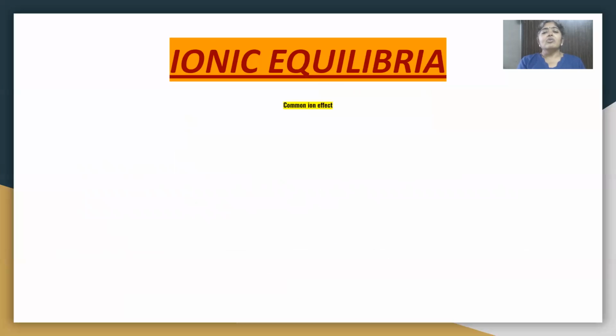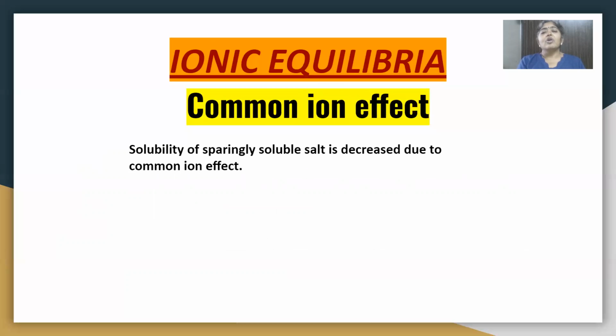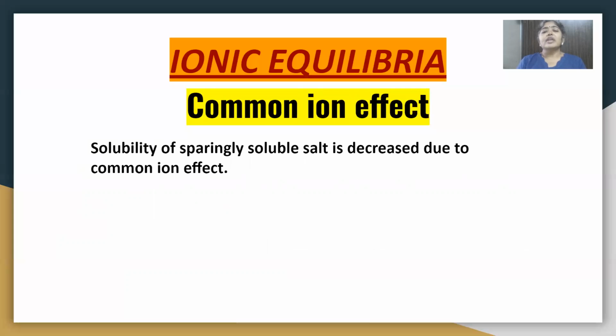Now we come to another example of the common ion effect, which can be used to study the solubility of a sparingly soluble salt. A sparingly soluble salt does not dissolve or ionize to a very great extent. Suppose you are detecting the presence of silver ions in a solution. If the salt you have taken is silver chloride, the extent to which it dissociates is going to be less, because silver chloride is a sparingly soluble salt. The amount of ions present in your solution is less.